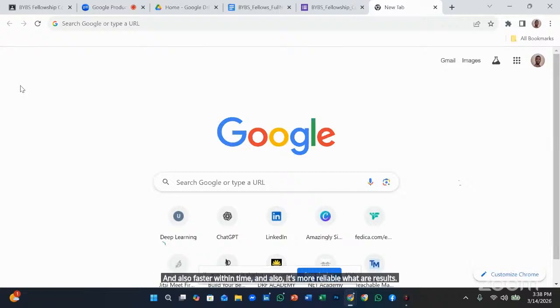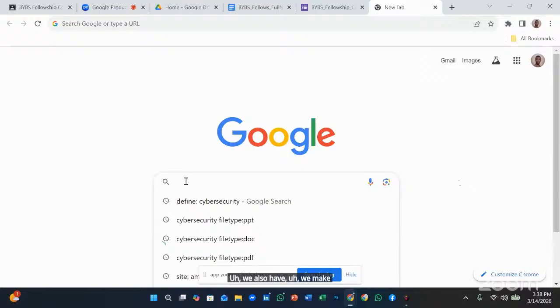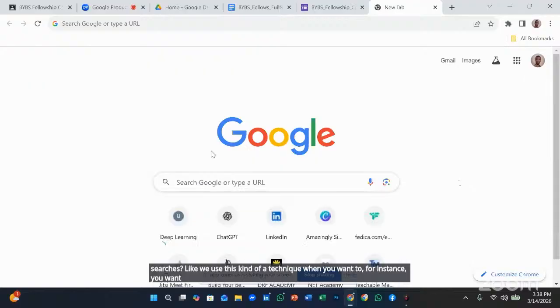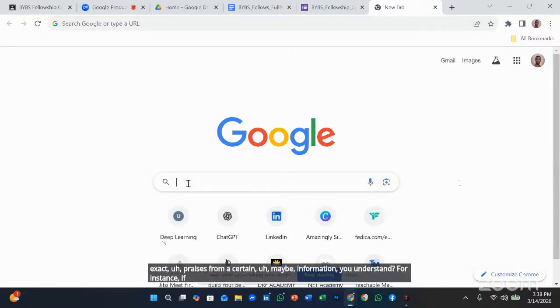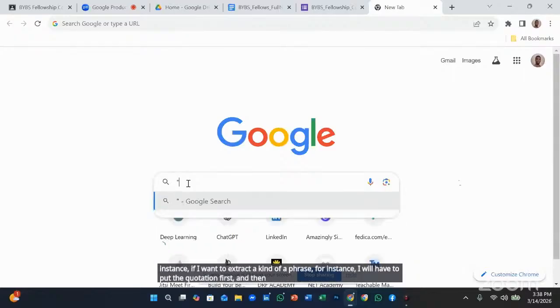One of the techniques, when you're searching in the search bar, or let me say Google search, is that we make use of quotations. Why do we use quotations in searches? We use this technique when you want to extract exact phrases from certain information. For instance, if I want to extract a phrase, I will have to put the quotation first. And then, for instance, I would say climate